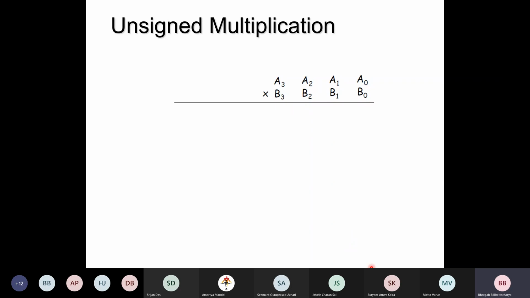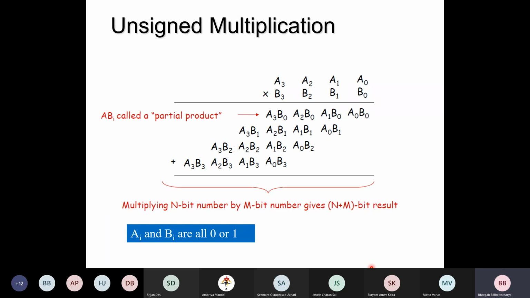So in general, what we do is consider unsigned multiplication and then later on adjust the sign. And subsequently, we will study Booth's algorithm, then you will see how negative numbers can be handled. Okay, so unsigned multiplication is sort of, you have zeros and ones, so two strings, A and B. And then the idea is very simple. All you need to do is to look at this multiplier and consider these product terms, right?